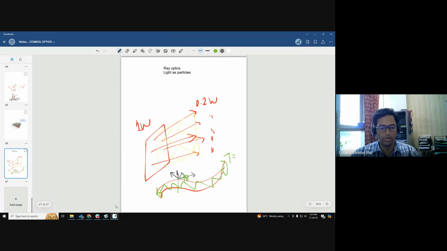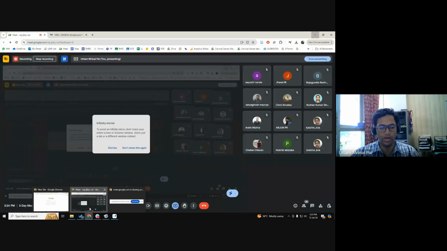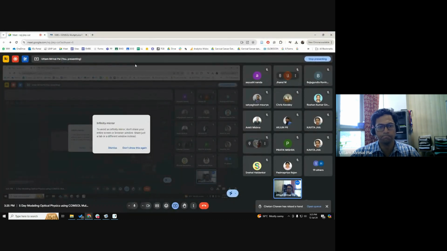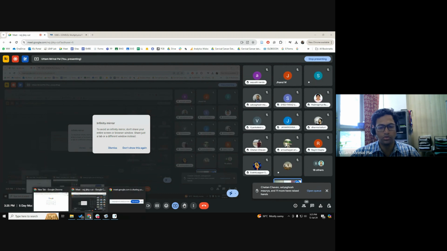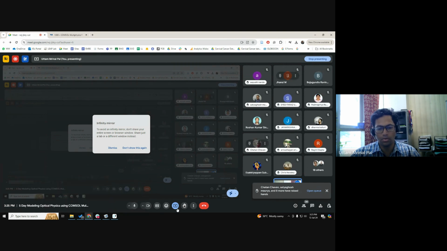Okay, so a quick raise of hands of how many people would be doing the hands-on along with me. Okay, that's good. I had also shared one let me share that again. Self-assessment form. It's a self-assessment form. So